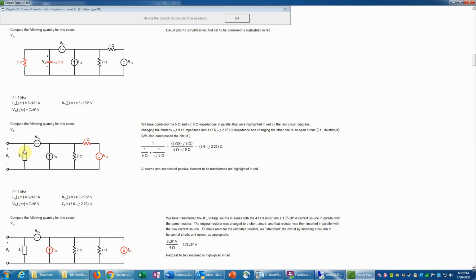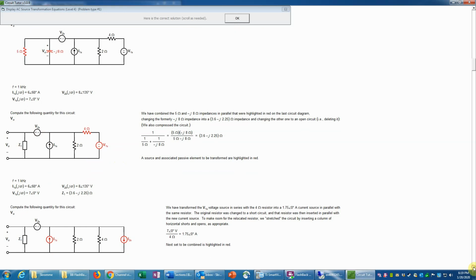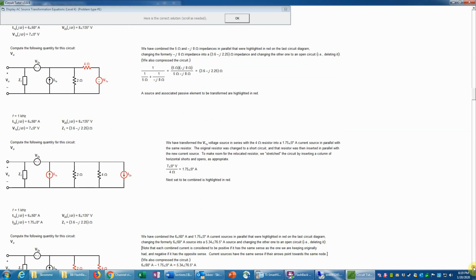Now there's no more series parallel simplifications that can be done here, so now we need to start doing source transformations. You're not allowed to do source transformations in Circuit Tutor if there are series parallel simplifications that can still be done, because you really wouldn't want to do that if you don't need to. So we now have a voltage source in series with a resistor, and that would be a good candidate for